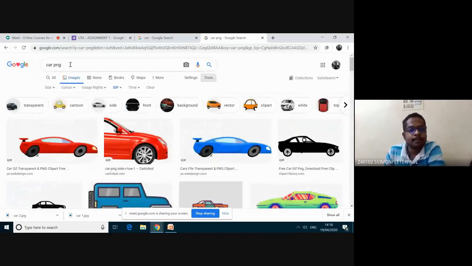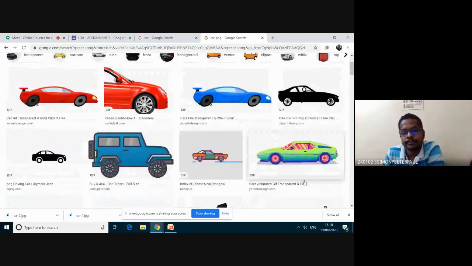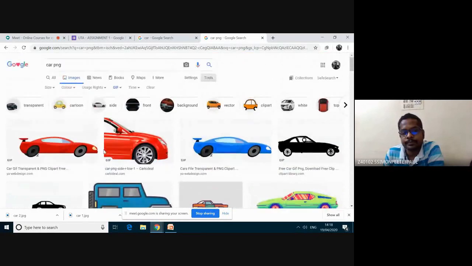It means the car background will be transparent so that you can use it in your banner. If you want to go for images without any background, then type car and add PNG. That is one format of images.